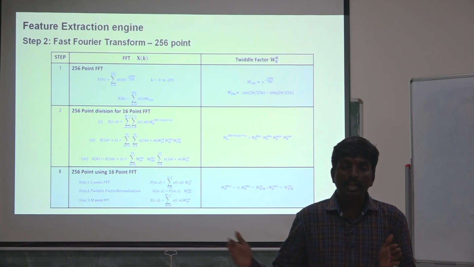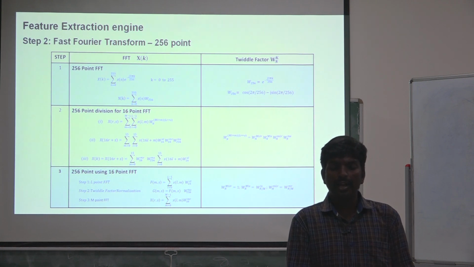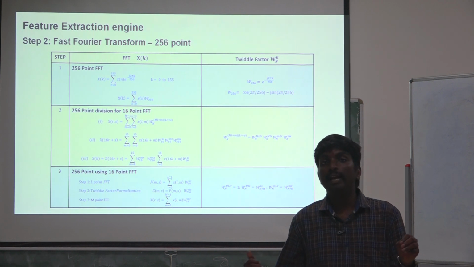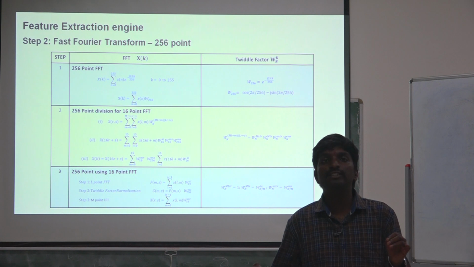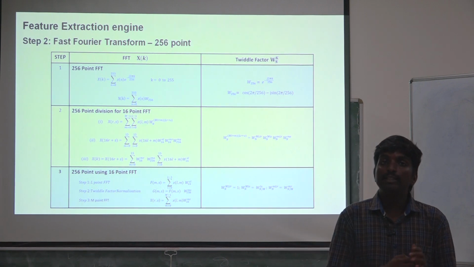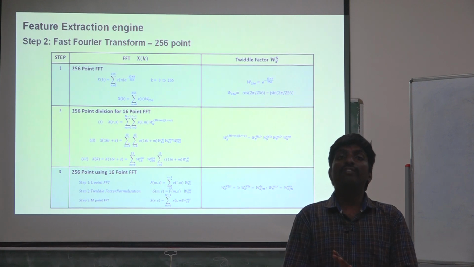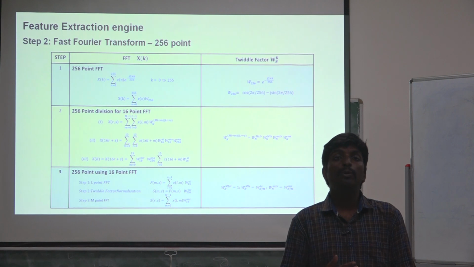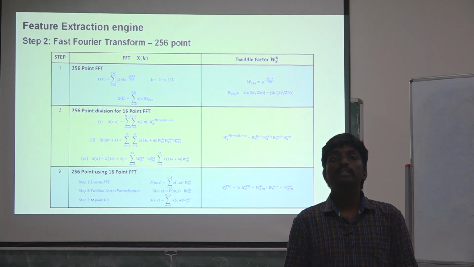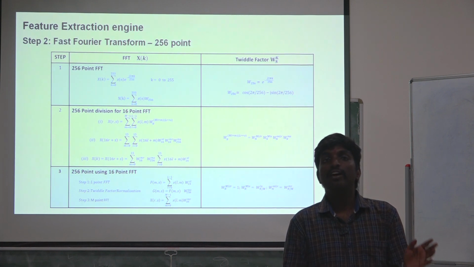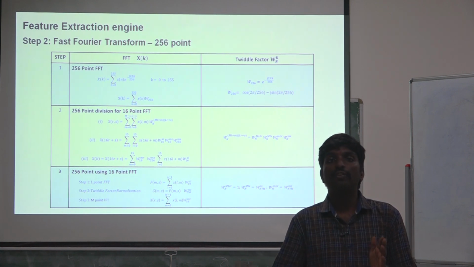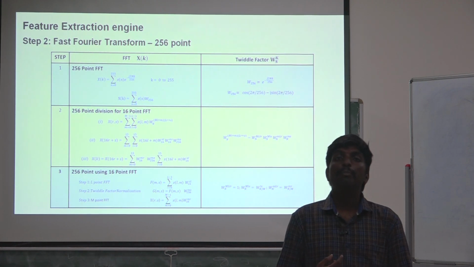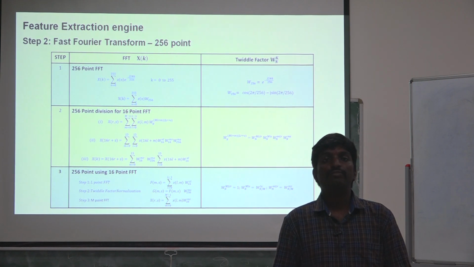So if we analyze the entire thing for the first subframe alone, it will start from 0 to 199, and then from 200 to 255, it will be padded zeros as per the sampling frequency, the frame window, and also the FFT size. So from 200 to 255, it is 0, so the last sample, 192, for the first subframe is a must to start computation of the first dimension, the first subframe of the FFT. After the 192nd sample, we can start computing the first dimension, first FFT function.